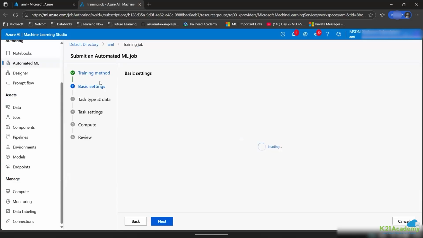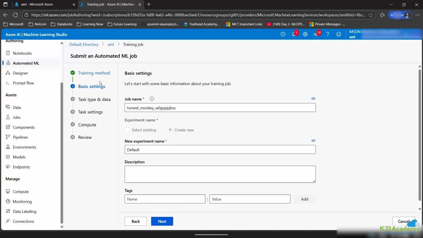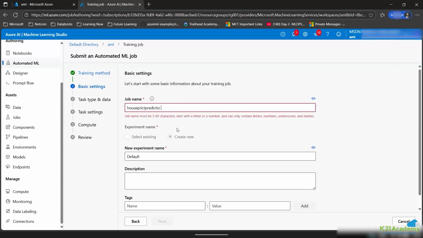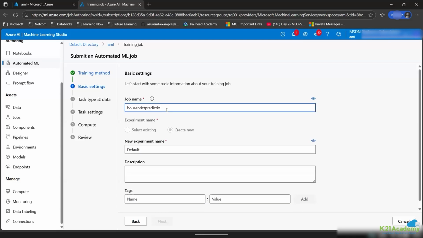Now, what is the job? In this job, you can see that we have multiple options to fill. This is like a UI wherein we need to specify the training method, which is going to be regression. Then we need to specify a job name. Let me just call it house price prediction. Once I've specified this,